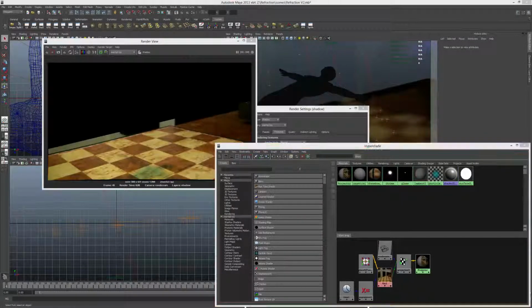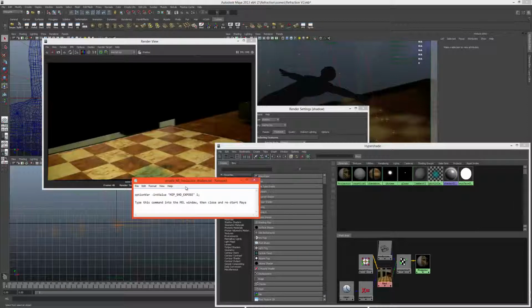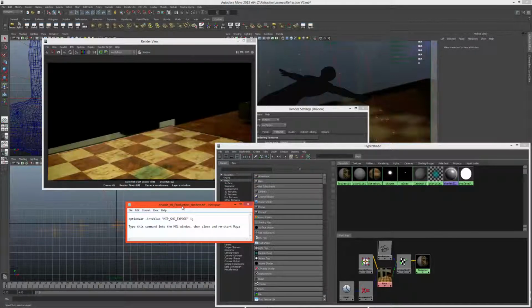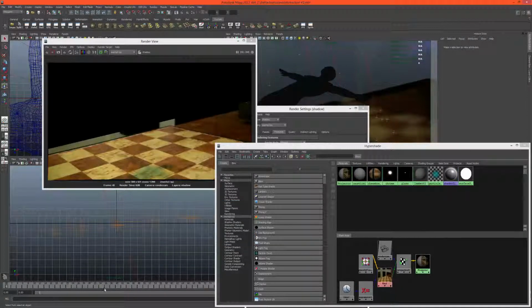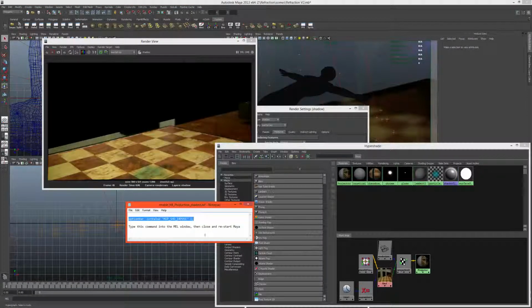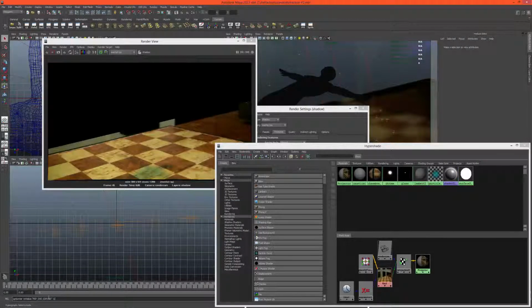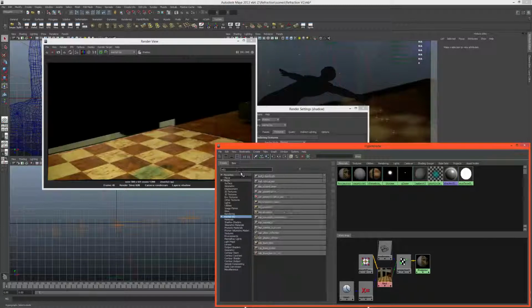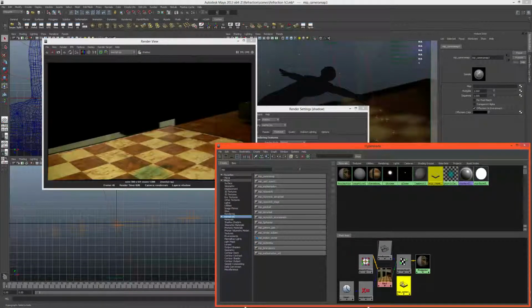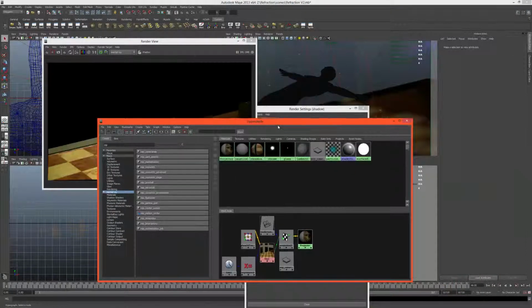default inside of Maya. So what you'll need to do, if you haven't exposed the mental images production shaders, is just type this into your Mel window. I'll just put this up, so pause the video, write this down, and then type it into Mel. Once you've done that, hit enter and restart Maya, and that will give you access to the mental images production shaders. And we're going to be using the MIP camera map, which is just a better way to project textures